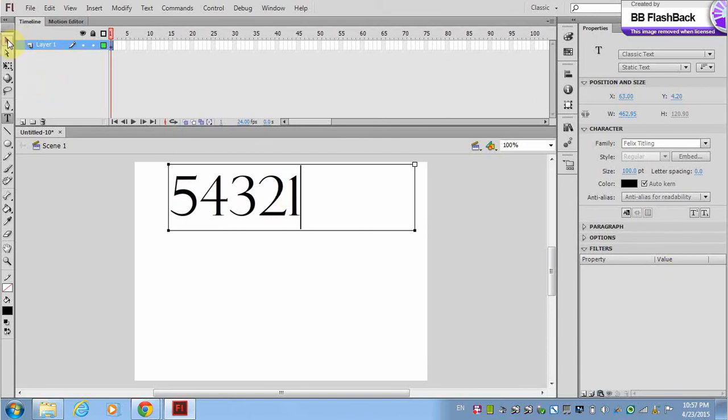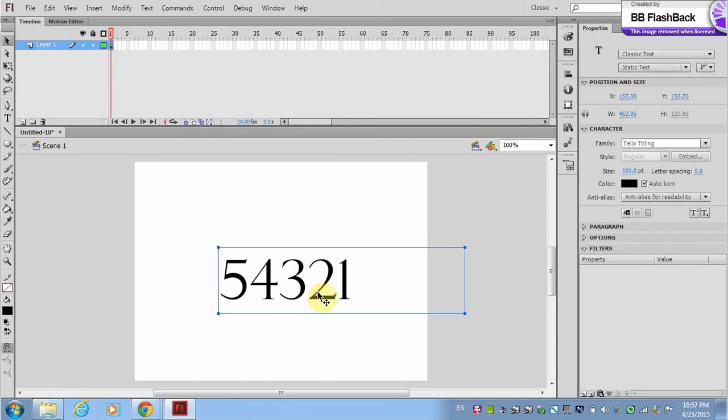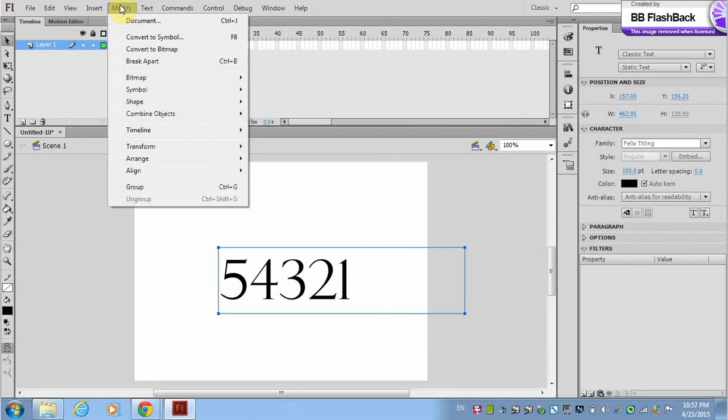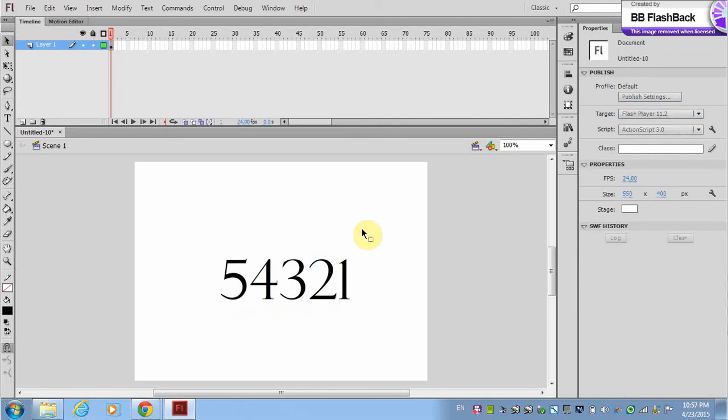Just going to grab the selection tool and I'm just going to move everything to the center of the stage. All of that is selected, so I'm going to go to Modify and I'm going to go Break Apart. You can see that each one of these is broken apart. Now, if I want to animate each of these numbers, what I need to do is convert each of these